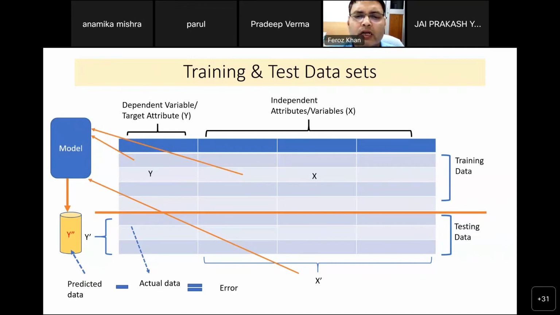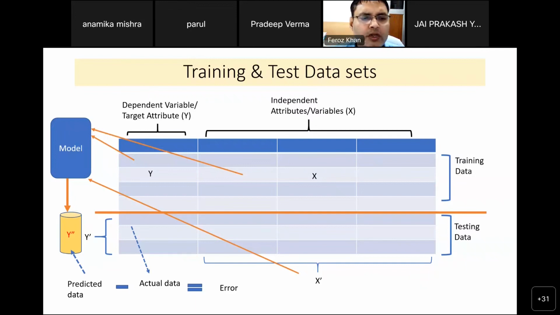And the rest 3 columns indicate the attributes or the independent variables, or the chemical descriptors, we can say, as represented by X. You will find that there may be a possibility that 4 or 5 descriptors may be possible. So these 3 descriptors, for example, I have identified through the PCA method or correlation matrix or multicollinearity analysis, and I make the relationship between the X and Y using regression analysis, where you will find the line equation, which is called the model here. This model is basically a mathematical expression of a line equation.